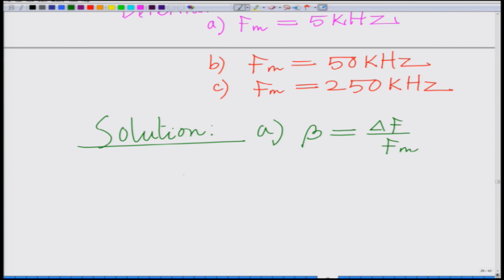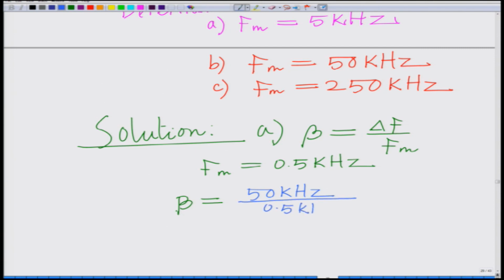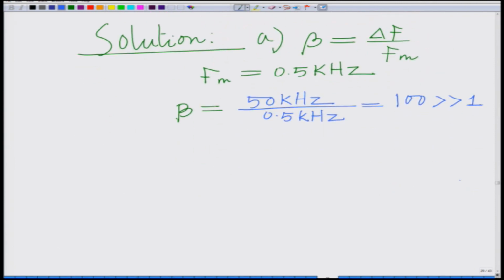We are given FM equals 0.5 kilohertz and delta F equals 50 kilohertz. So, beta equals delta F, which is 50 kilohertz, divided by FM, which is 0.5 kilohertz. So, beta is equal to 100, which is significantly greater than 1. And therefore, using Carson's rule, since beta is significantly greater than 1,